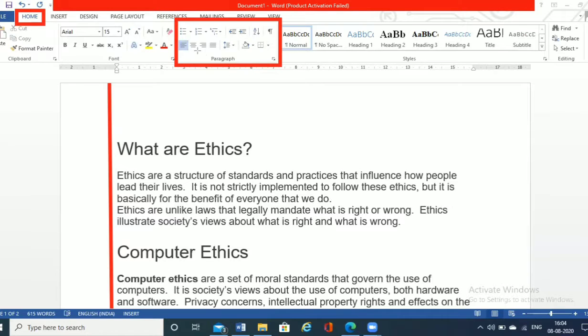Under the Paragraph group, you can see the text alignments. By default, the text alignment is always chosen as left align. See here, blue is the selected one, which is the left alignment. With the help of left, all your text is aligned towards the left edge of the page.